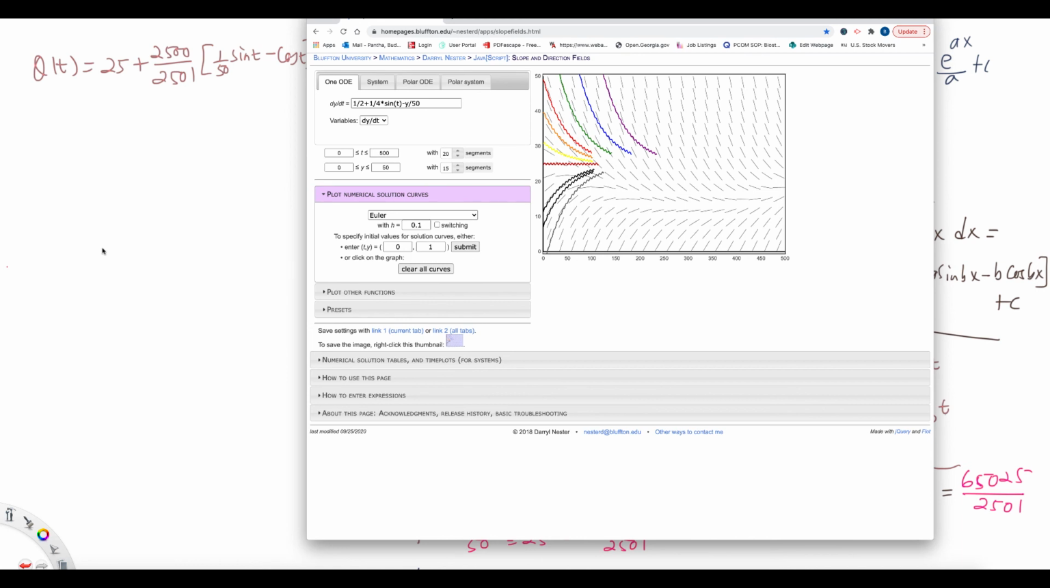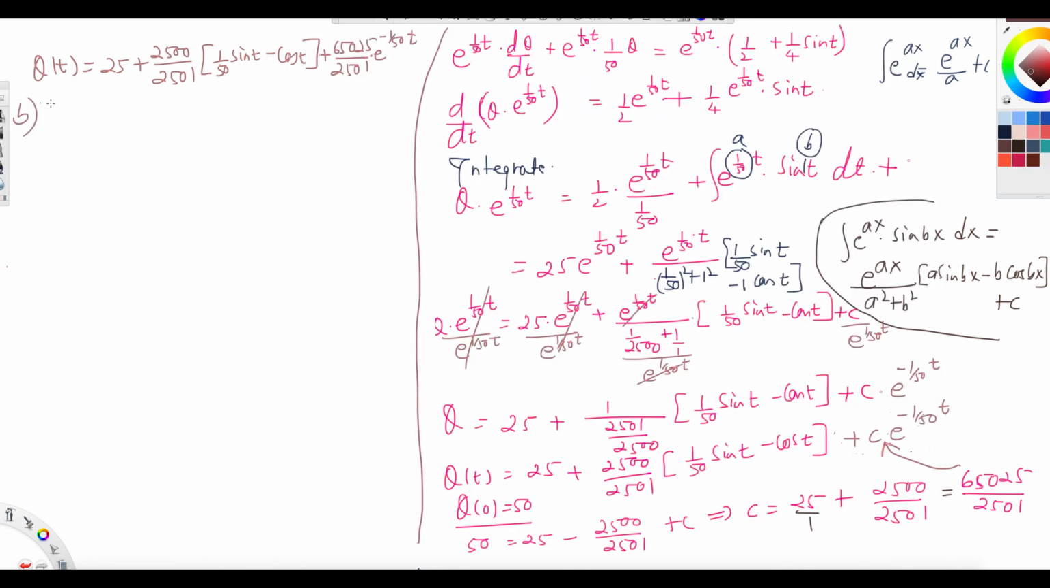So how do you answer number B? Number B, the solution, because of the sine t and cosine t, the solution curve oscillates. This is what we see. The solution curve basically oscillates. And where does it go, by the way? It oscillates, but it goes to almost 25. And number C, in the long run,